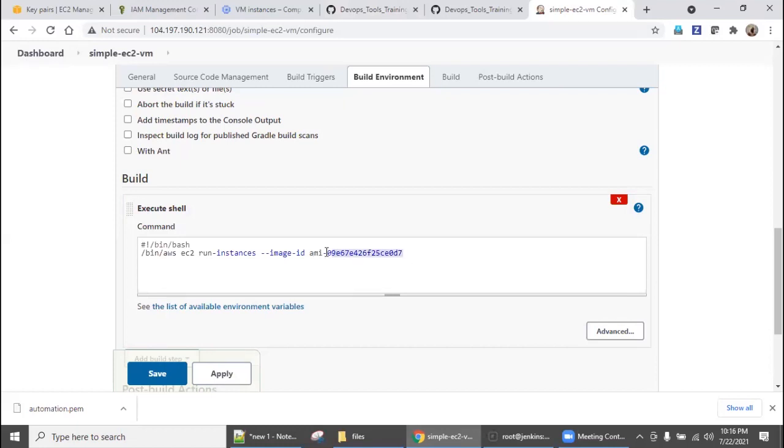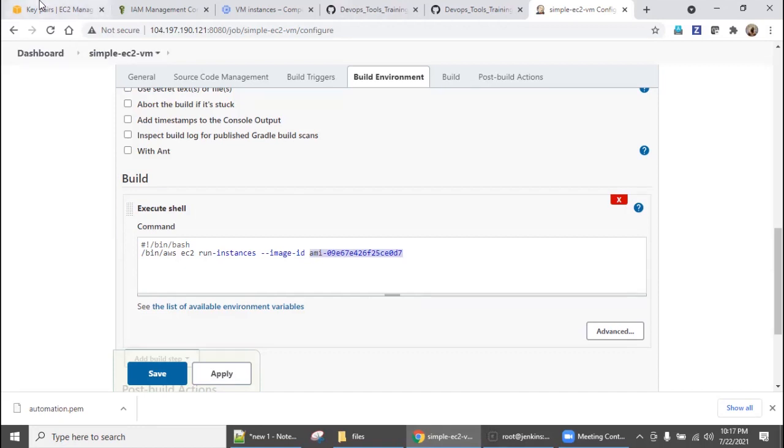How do we know the image ID? Either you can go with your custom image ID. Normally, custom image only people will prefer in projects because you install everything as part of your deliverable and create a custom AMI, and using that custom AMI, you can launch n number of times so that your deliverable can be very fast, right? As of now, I'm just trying to make you understand how things are working.